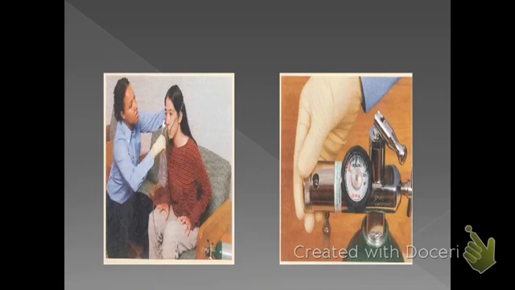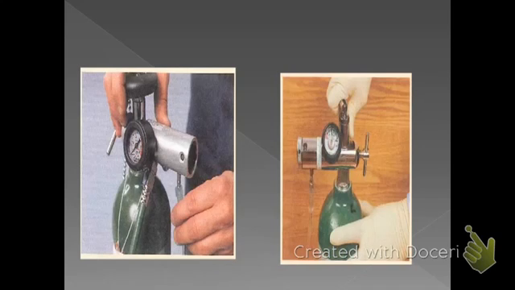Once the pressure regulator is on, the next thing that you want to do is make sure that you've attached the delivery device, right? So let's think about that. The delivery device could be the nasal cannula, it could be the bag valve mask, it could be a resuscitation mask, right? Or it could be a non-rebreather mask. So what we want to do is go ahead and attach the delivery device,